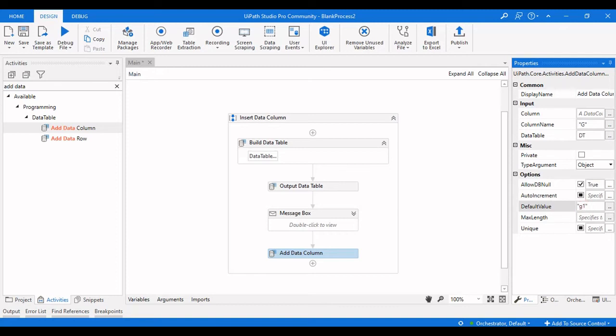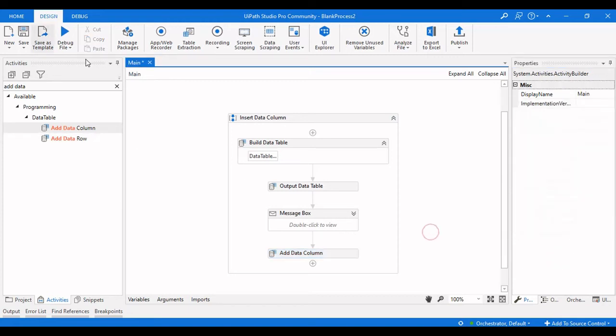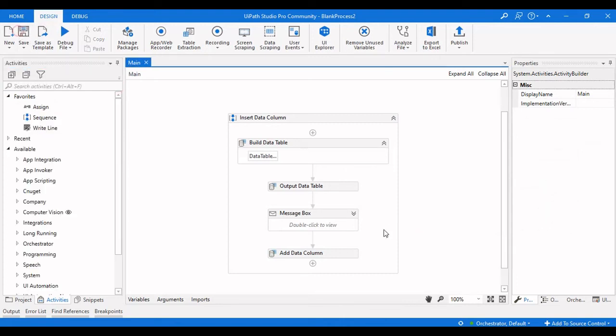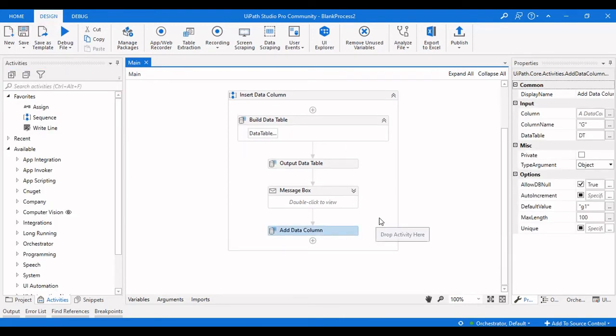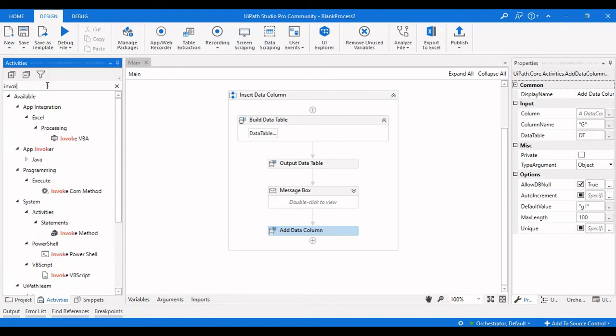I will take it as z1, and we can also mention the max length, and I will make it as 100. So we have given the add data column here, so we need to make it after C and before D. For that we have a method called set ordinal.